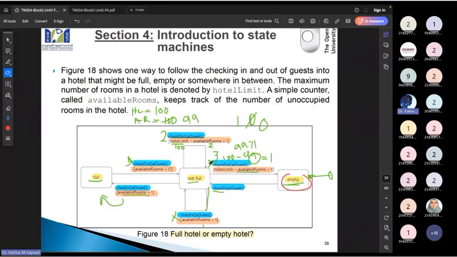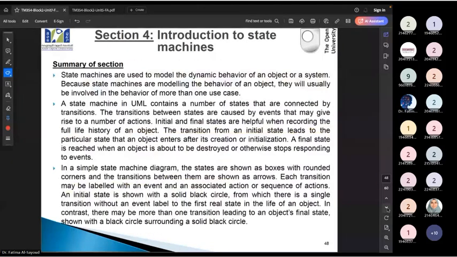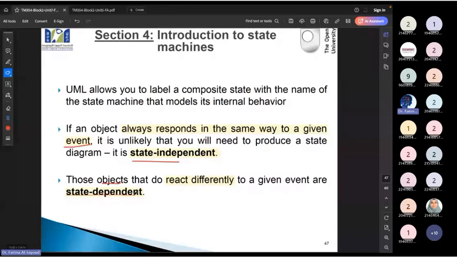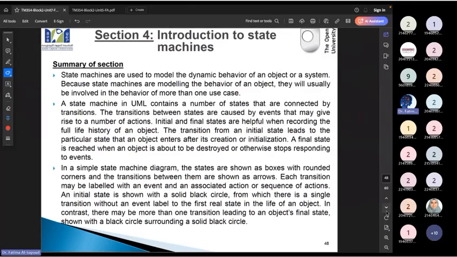For example, on a check-in. لأنها it's reacting differently every time and it's going to lead to a change of the status from one to another. So here it is status dependent. It's going to react differently every time you receive this event, okay? So this is about the status diagrams. Any question about it before we move to the package diagram?